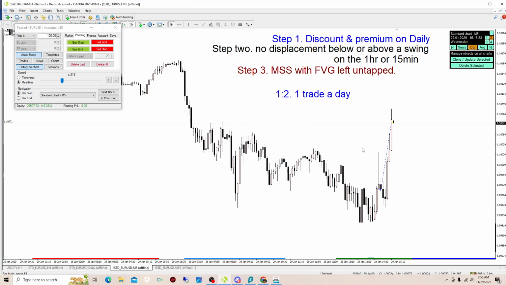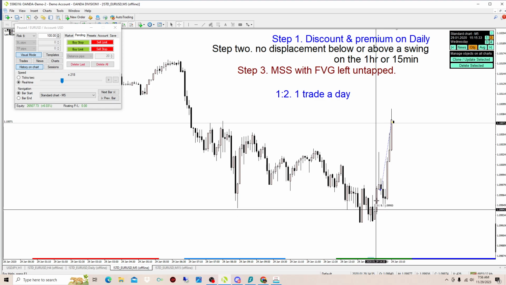So yeah, I hope you guys learned something, and I hope this was fast for you guys, and I hope you can go back and just see how this looks in the charts. The most important steps, all these are important, but really solidify yourself. If you're in discount, you're looking for lows to not be displaced. If you're in premium, you're looking for highs to not be displaced. And then you go to the market structure shift. You look for a market structure shift after there's no displacement, and then with a fair value gap,